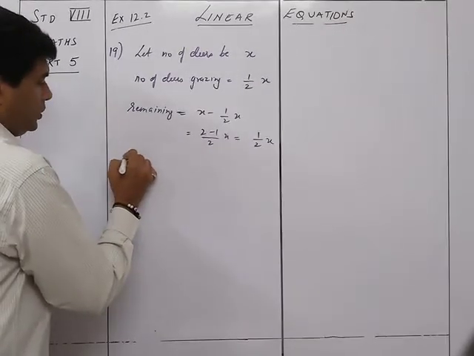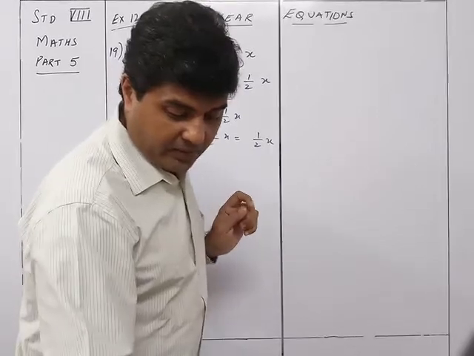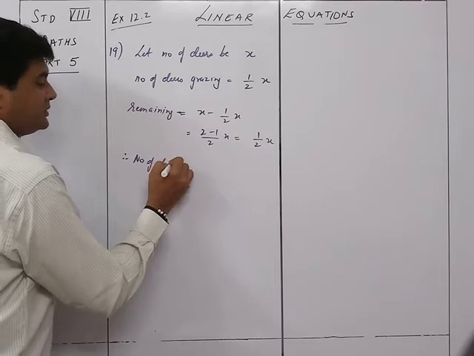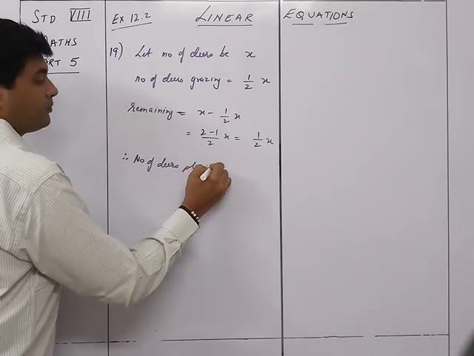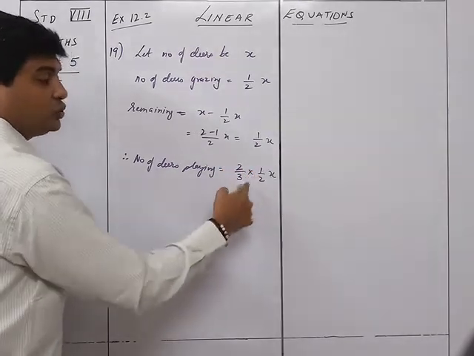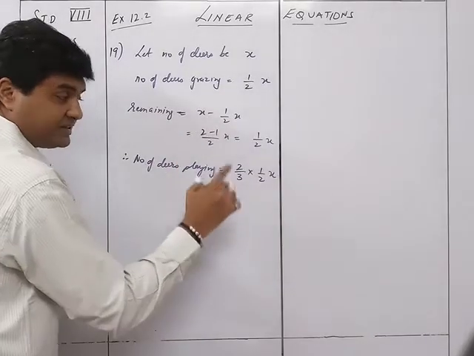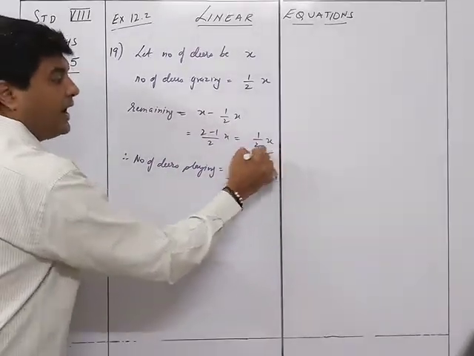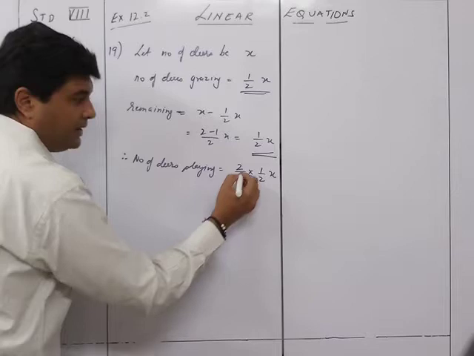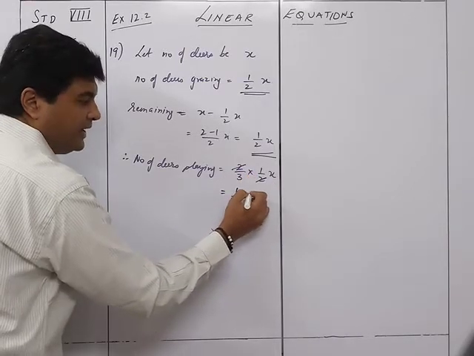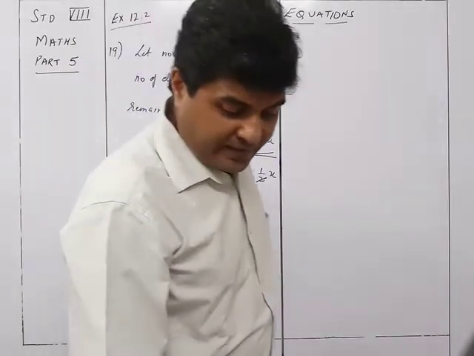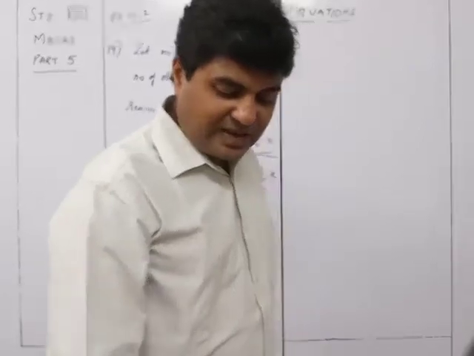Therefore, 3/4 of the remaining were what they were doing? They were playing. So the number of deer playing is equal to 3/4 of 1 upon 2 x, because it was 3/4 of the remaining, not 3/4 of x. It is 3/4 of the remaining. What is the remaining? Half x, right? So half x was grazing. This much, that is nothing but, now you can cancel this, so it will be 3/8 x that is playing. And then they are given that the rest 9 are drinking water.